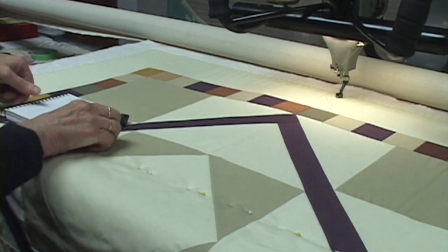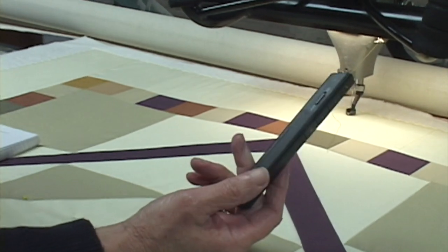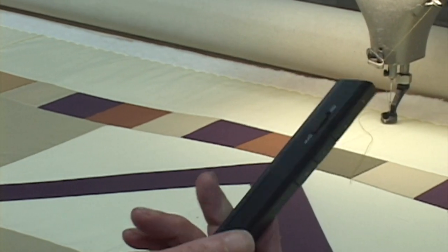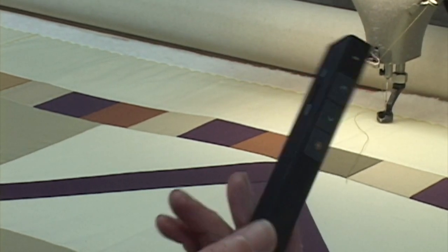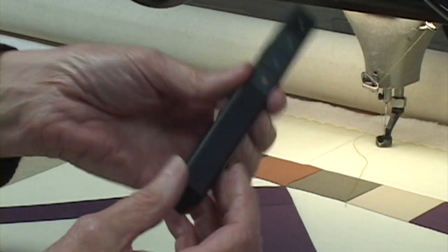Before we get going, I want to show that I'm going to be using this clicker. It's a presentation clicker today. It's really useful for when you're doing line pattern. This one I got off Amazon. It's about $10, dead cheap. It has a little